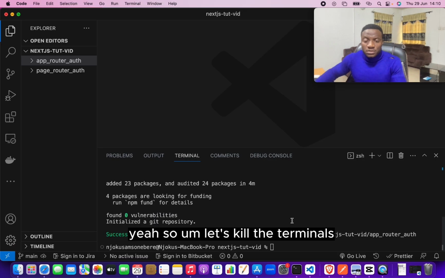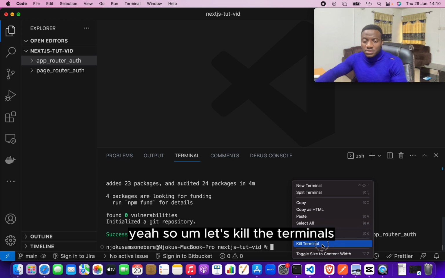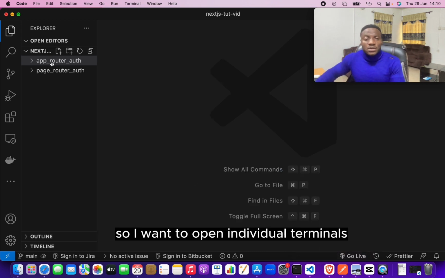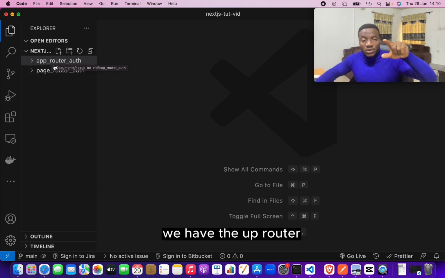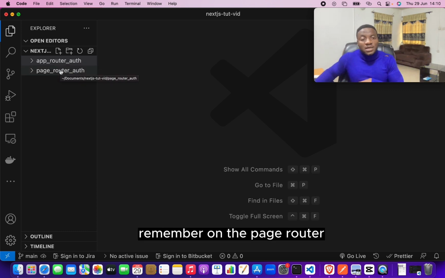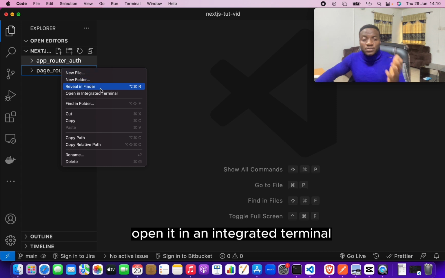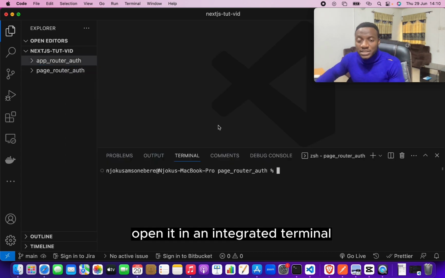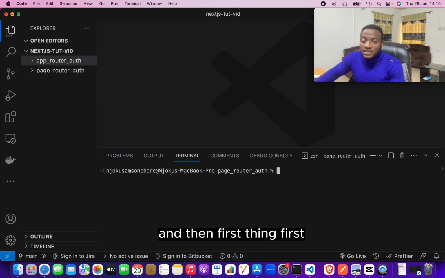Yeah, so let's kill the terminals. I've killed this terminal. So I want to open individual terminals for each of these projects. We have the app router, remember, and the page router. So we start with the page router, open it in an integrated terminal. And then first thing first, we want to install